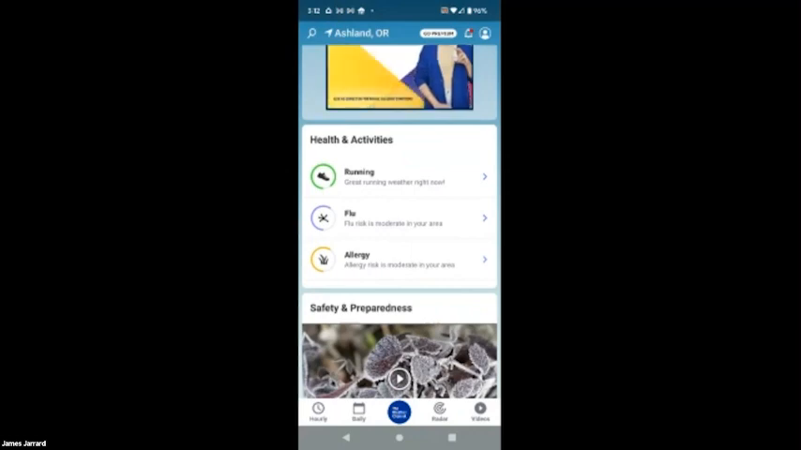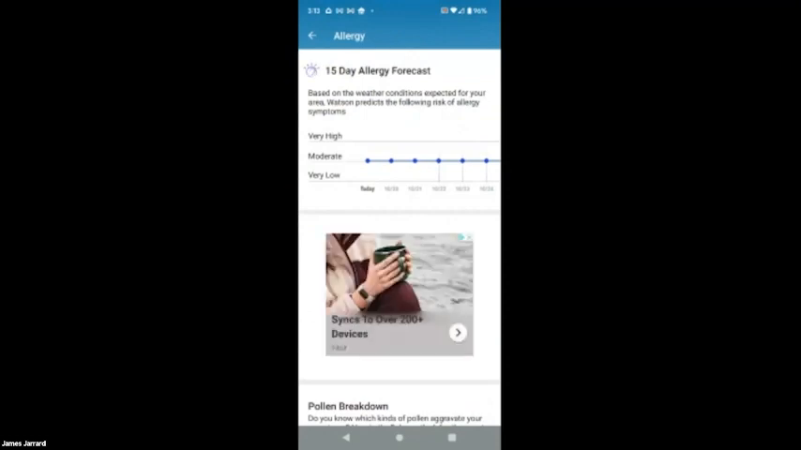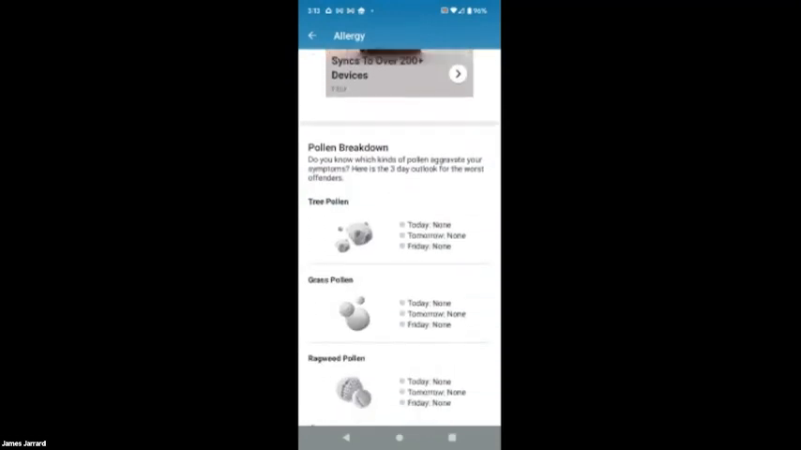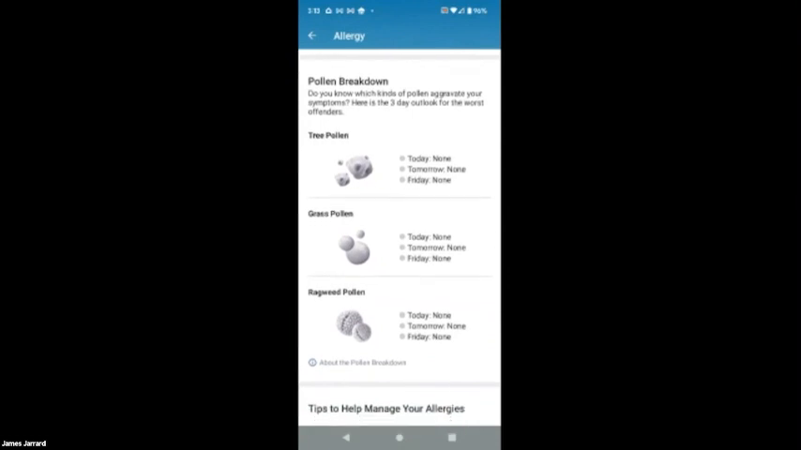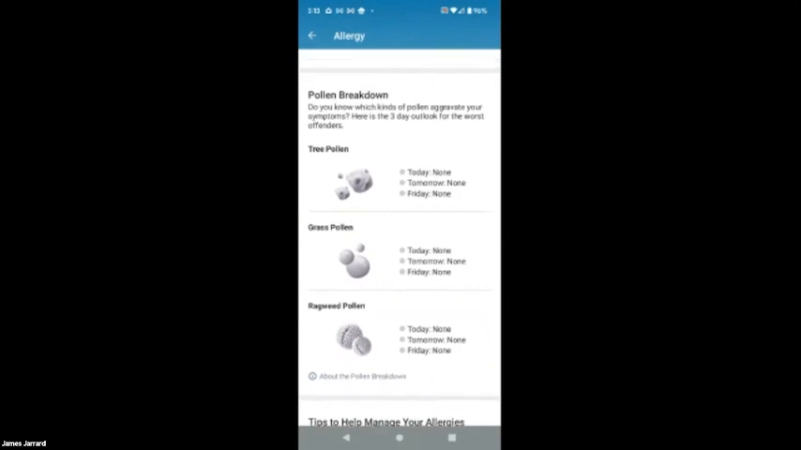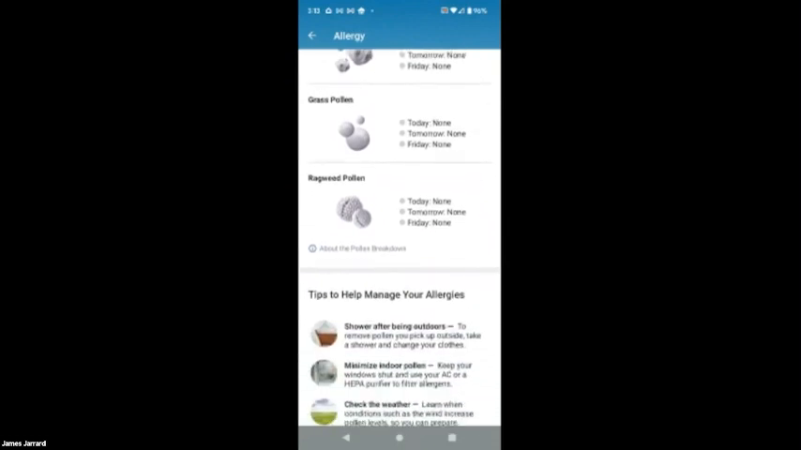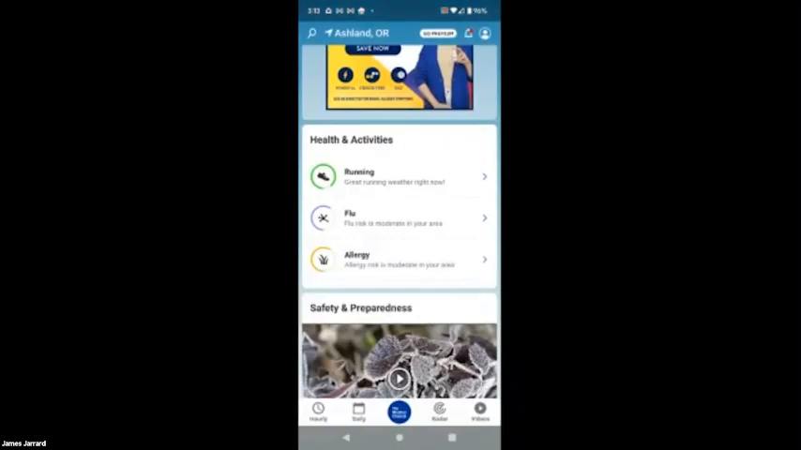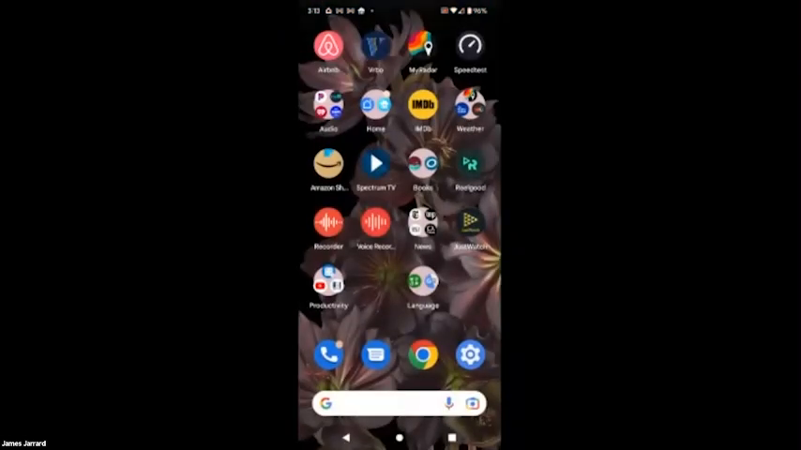And then this is the one I like about it, it gives you allergy, flu, and the running exercise potential. So I'm going to touch allergy. This is the type of pollen that's around now. Tree pollen, grass pollen, or ragweed. Well, it doesn't look like there's much going on. That's not what I'm experiencing, but that's okay. And now let's look at my favorite,